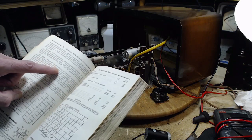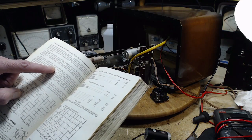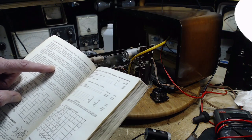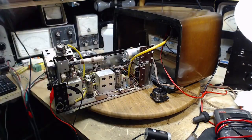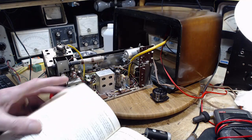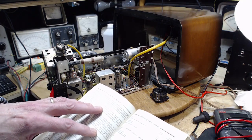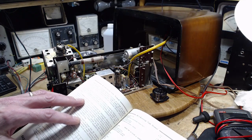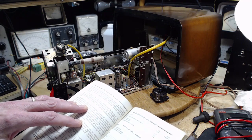Cathode of a 6AQ5 should preferably be connected directly to the electrical midpoint of the heater circuit when the heater voltage is supplied from a transformer. Oh, you know what, this is a transformer. What am I thinking? I work on too many radios. These are not in series. So this is hooked up to a transformer, 6 volts. So not in series. Connected to the electrical midpoint of the heater circuit when the heater voltage is supplied from